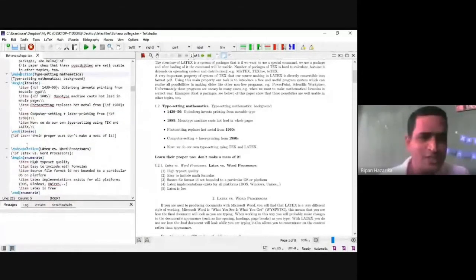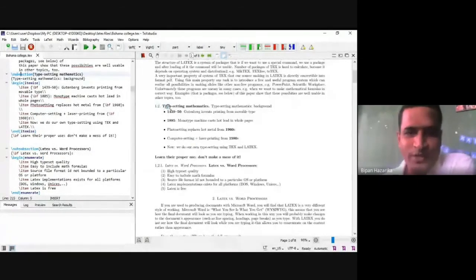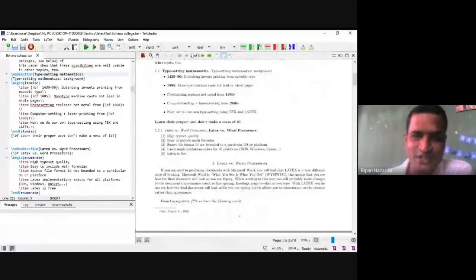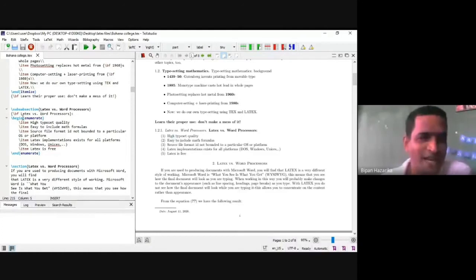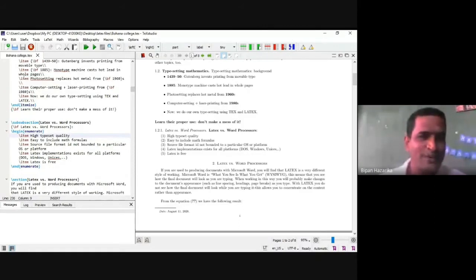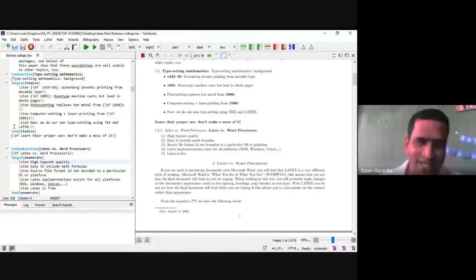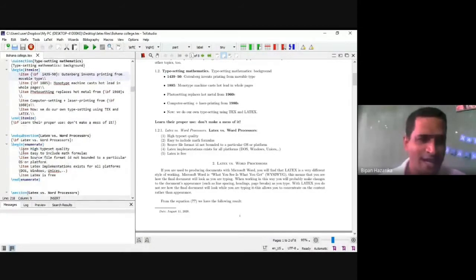But in the next one, I write a subsection within 1.2, another subsection. So I write a double subsection. So I get this 1.2.1. So here within this, I write begin enumerate and end enumerate. So within this I write item, here also, and in the previous part also, begin itemize, end itemize I write. Item is the command to get this bullet. But when you use enumerate, I write item here also, here also write item.